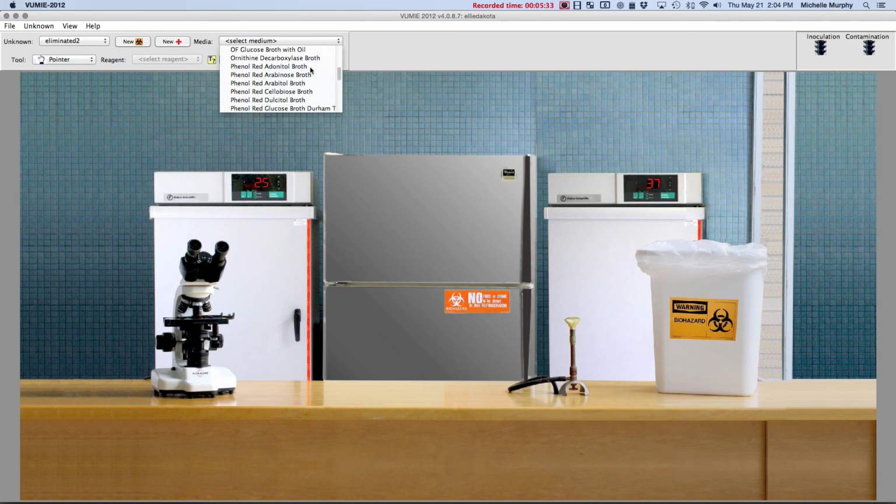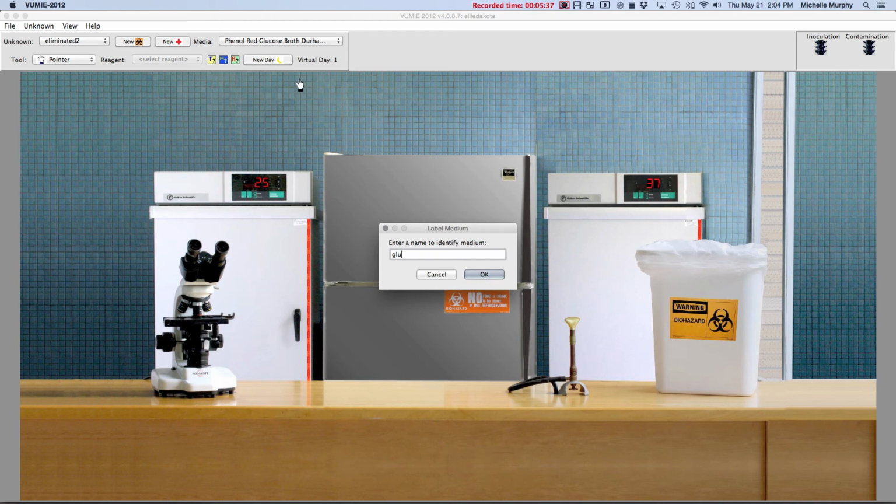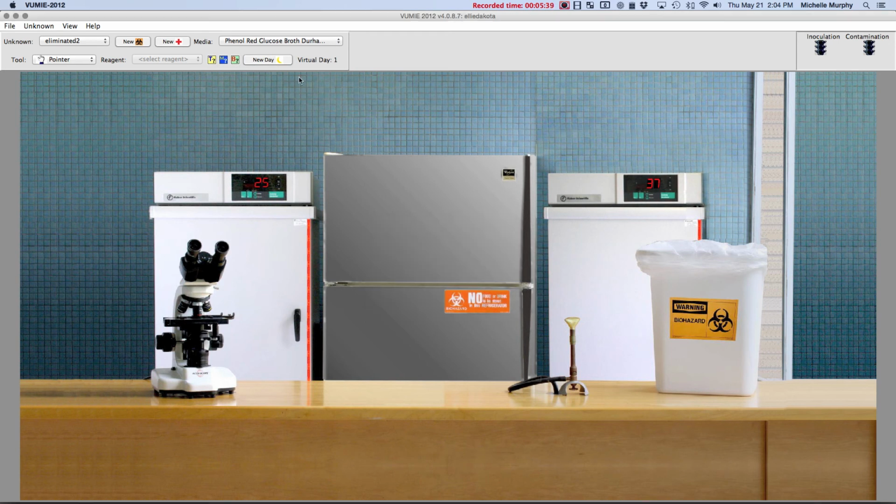So I'm going to do a phenol red glucose broth test, Glucose 1. And I'm going to show you how to go through this process. To go through the process of inoculating the unknown so that we're not guessing, you're going to pick a loop, and we're going to have to flame the loop, and we're going to have to flame the tubes so that we sterilize them. Right click, turn on your burner, right click,